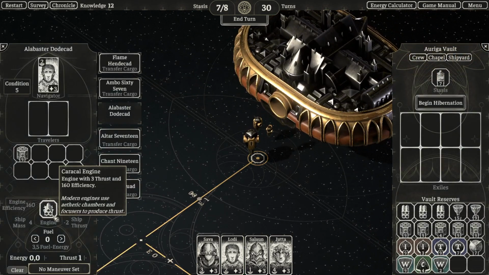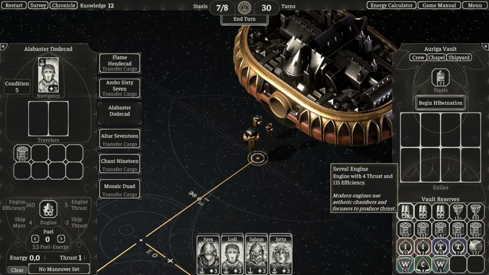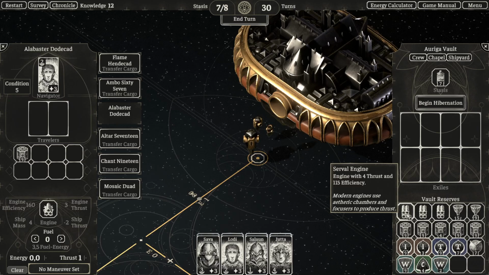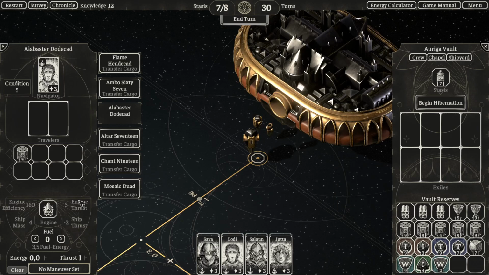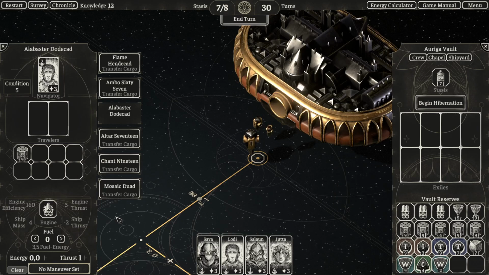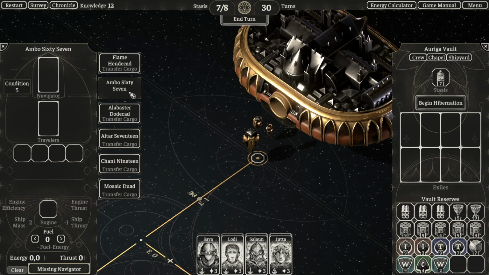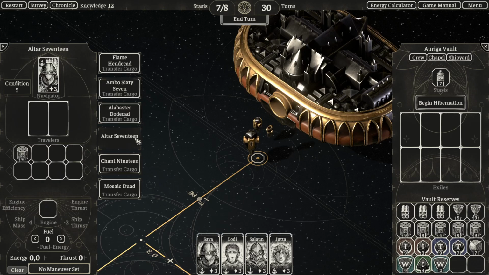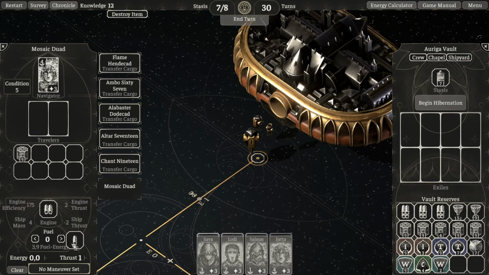Okay, let's see. You need a small engine. And we have these big engines, several engines with 4 thrust and 115 efficiency. These are not necessary anymore. We can use these 3s now. However, I don't have enough of those, so yeah. So this one's gonna go one